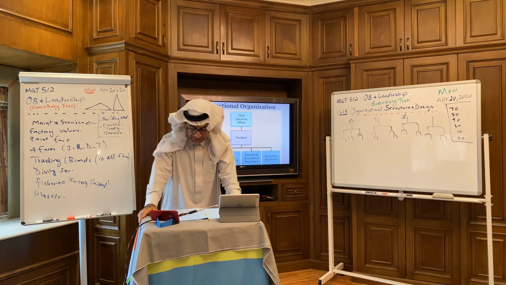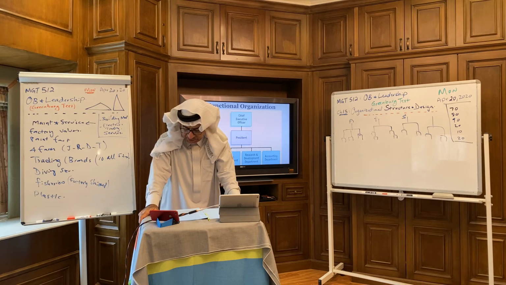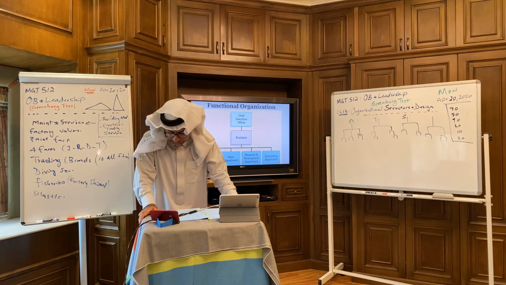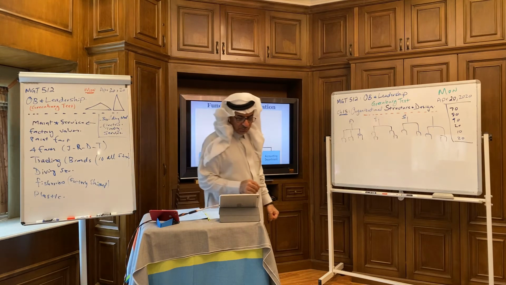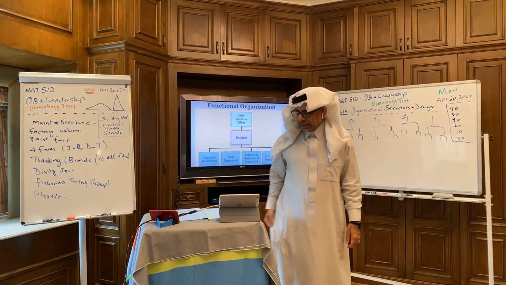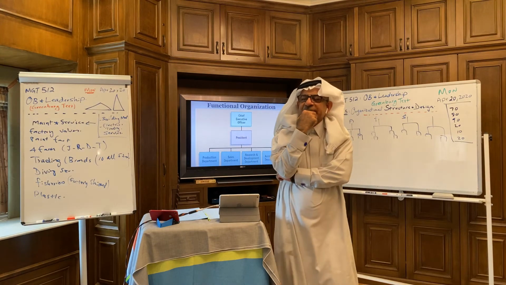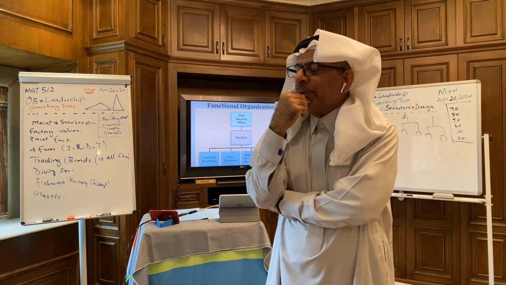We have something called matrix organizations. And this is departmentalization by both function and product. Matrix organization, type of organization in which product or project form is superimposed on the functional form. And best way probably to describe matrix